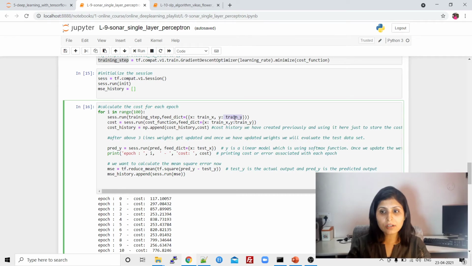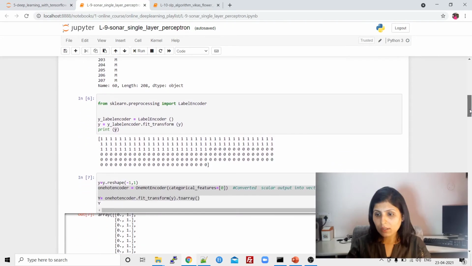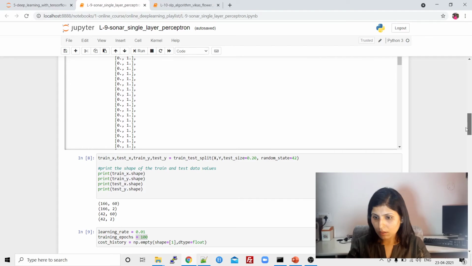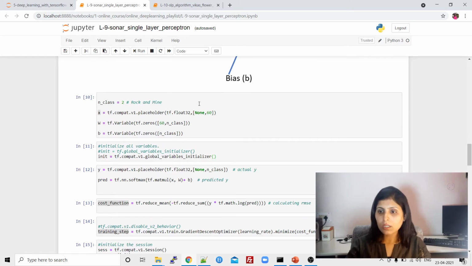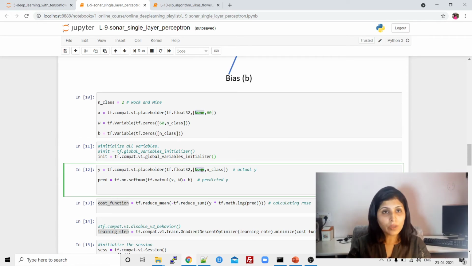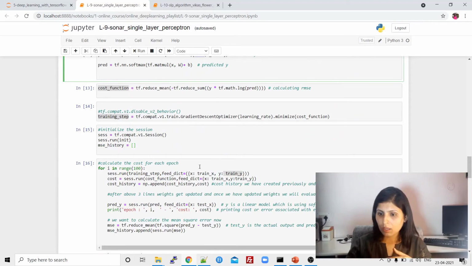Train underscore x and train underscore y. See, at the place of this None, what we are writing is train underscore x. And in y also we had written None. None means we'll assign the values later on. So what is there at this place now? Train underscore y.